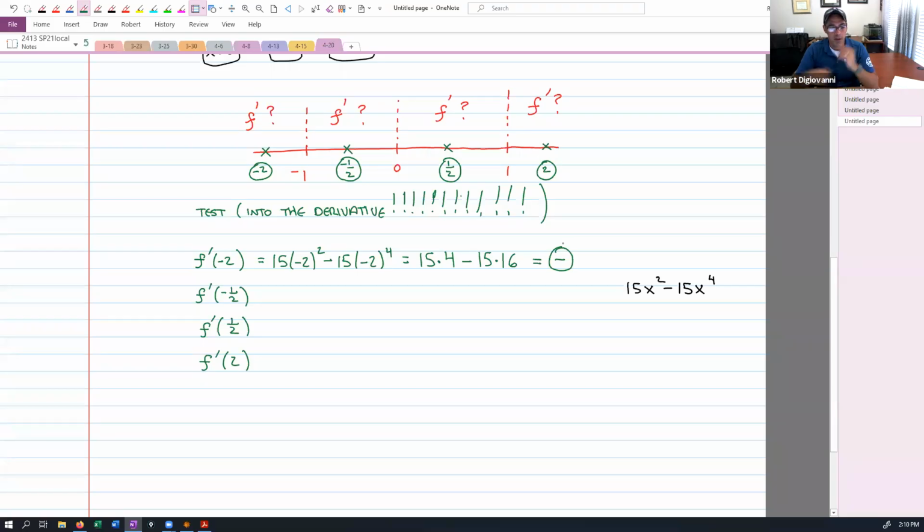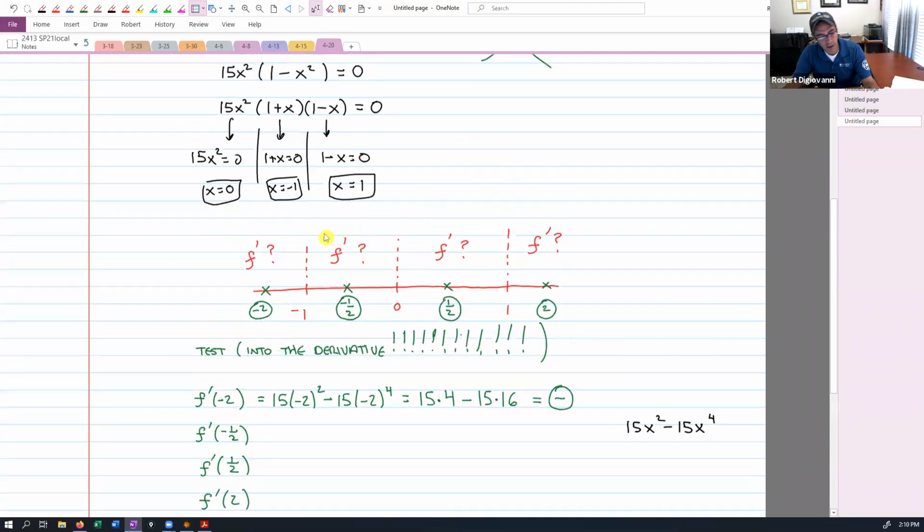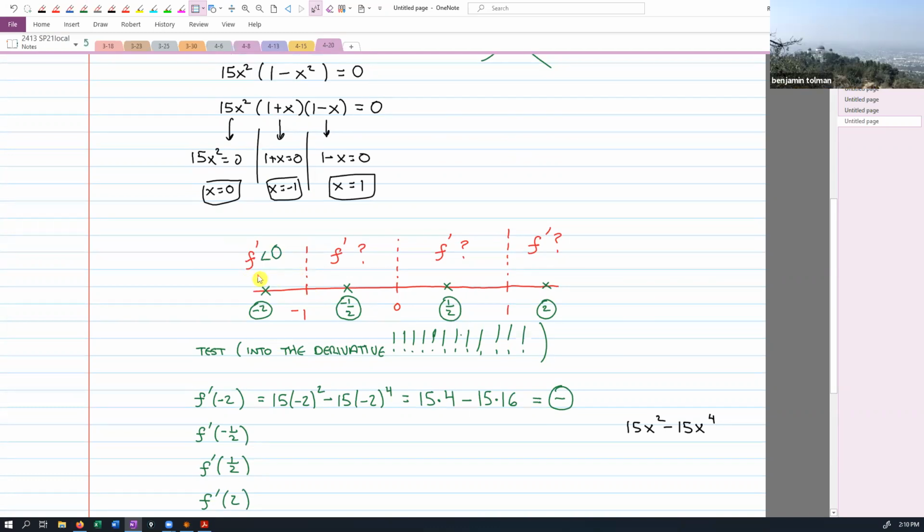All right, it's a negative number. So I'm going to come back up here, and remember how I had a little question mark here? Now I know what the derivative is. The derivative is less than 0 here. It's negative. If the derivative is negative, what is the original function doing over here then? Going down. It's going down. So I'm going to write below this, that means the original function is going down over here. I'll put a little arrow here. The derivative being negative means the original function is going down here. Questions?